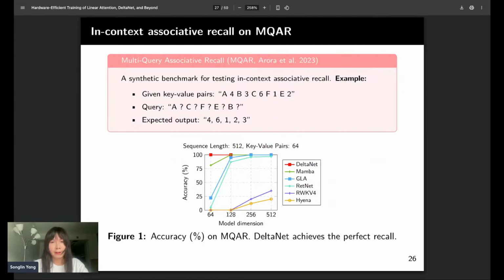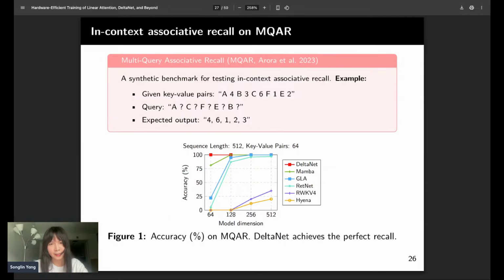So here we have a very toy-like benchmark called multi-query associative recall. This is a synthetic benchmark to test the in-context retrieval performance of these emerging architectures. This task is very simple. We have multiple key value pairs provided in the previous context. The keys are capital letters, and the values are numbers. So we have these key value pairs in the previous context, and the model needs to retrieve the